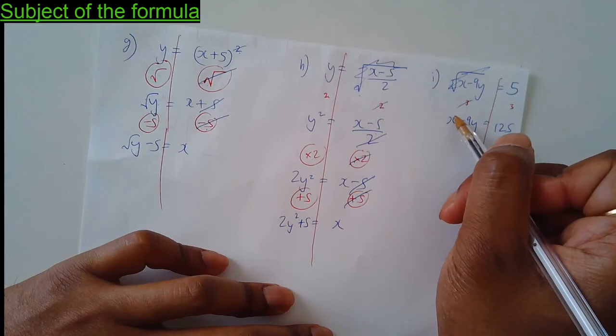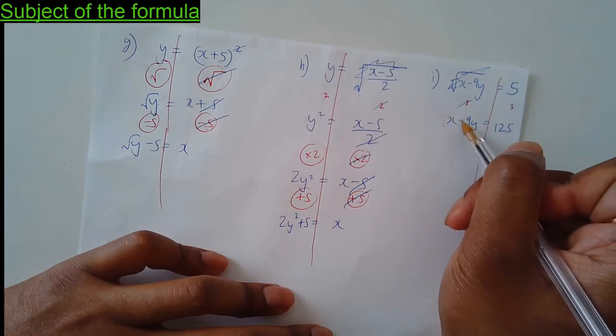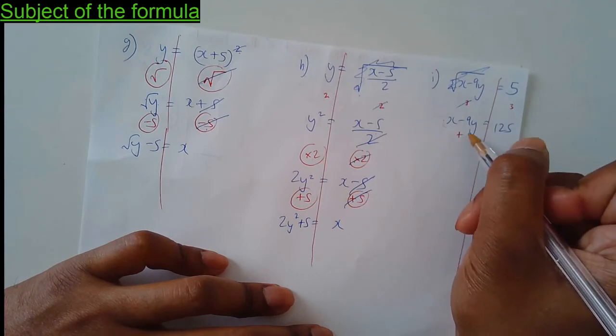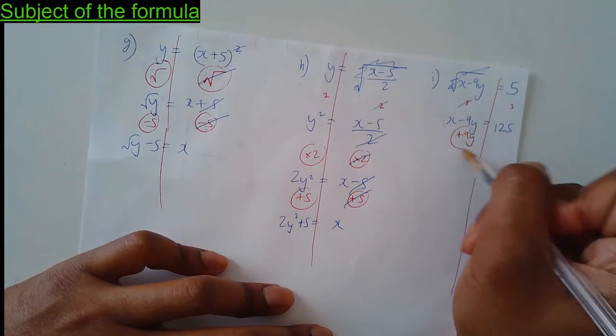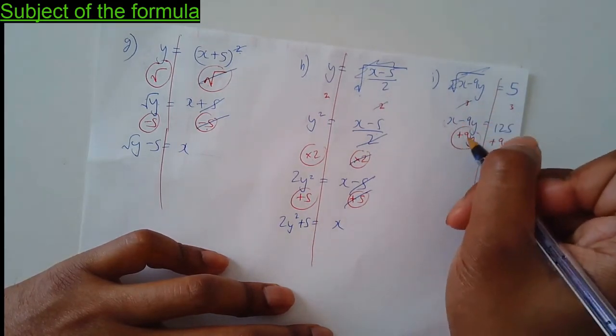Right, to get this x on its own, I can do this all in one go. Get rid of this minus 9y. So you do plus 9y. Do the same on the other side. You're left with